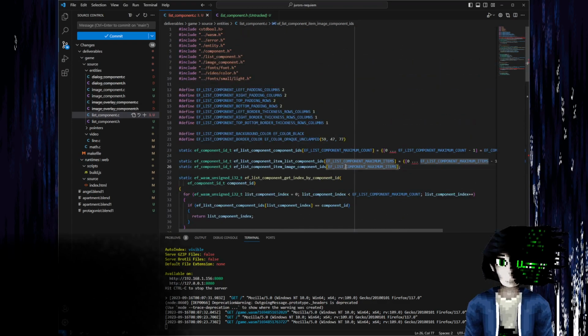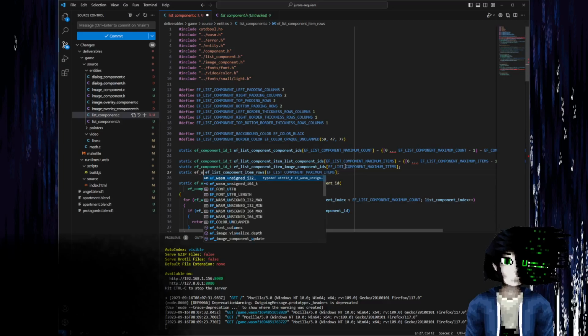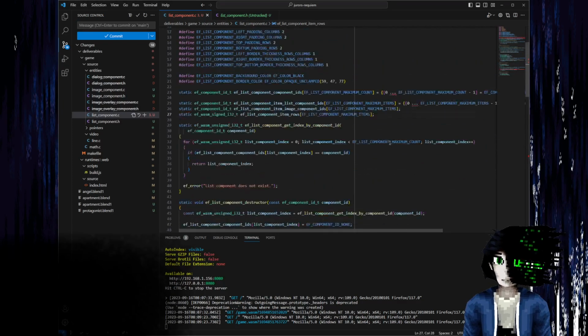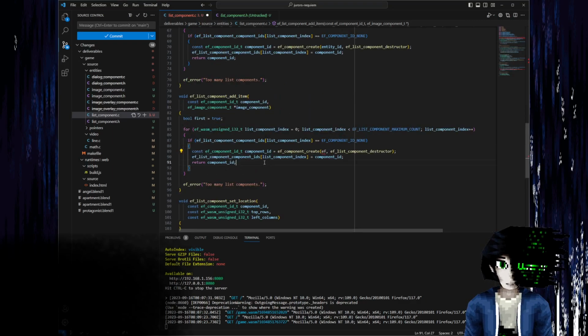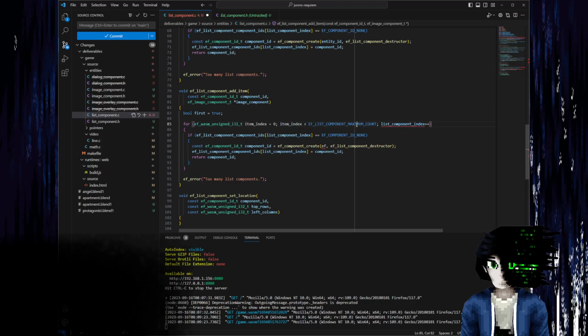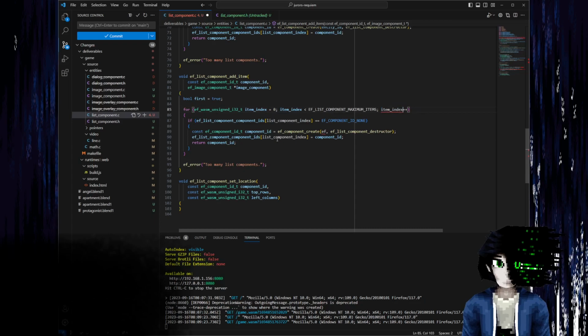I also need to, ideas keep popping into my head. I need to record the heights of each row so that if I'm moving the dialogue, I can keep it positioned correctly. I'll make it signed. I'm probably going to move away from using unsigned for anything except colors. So we want to move through our list of items. And then